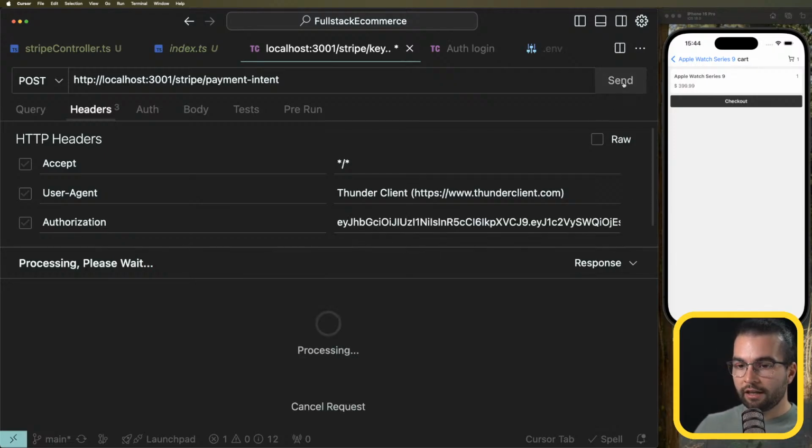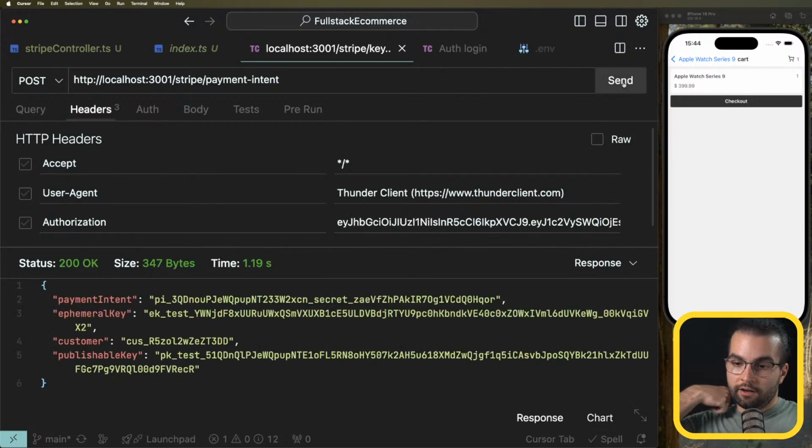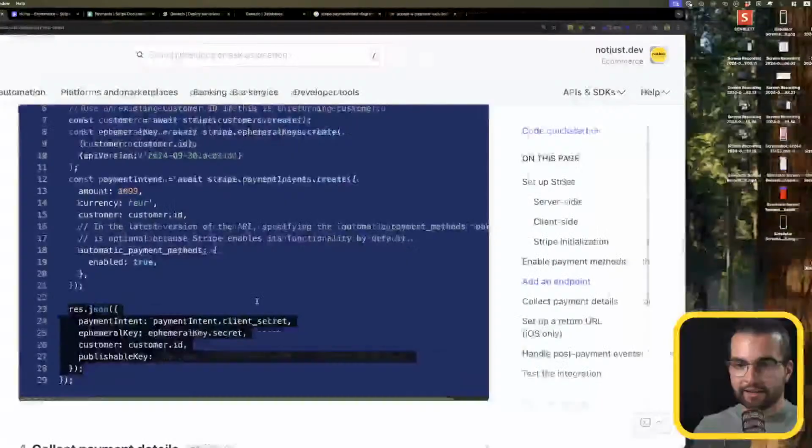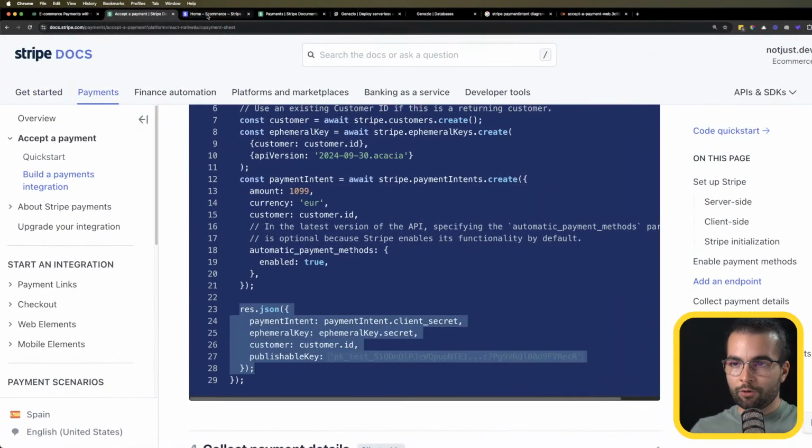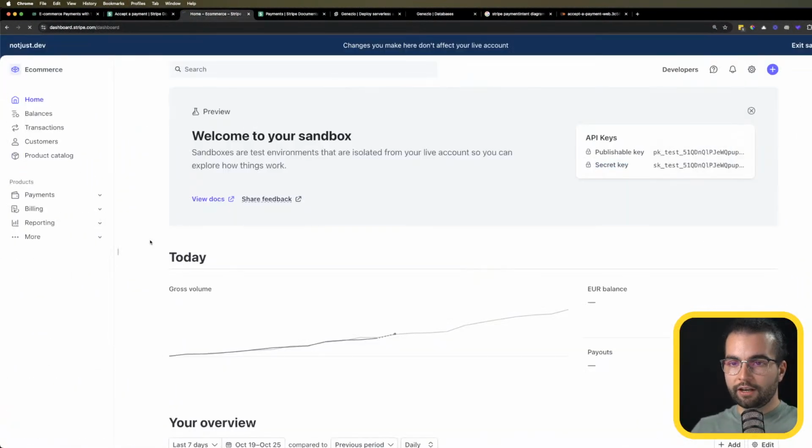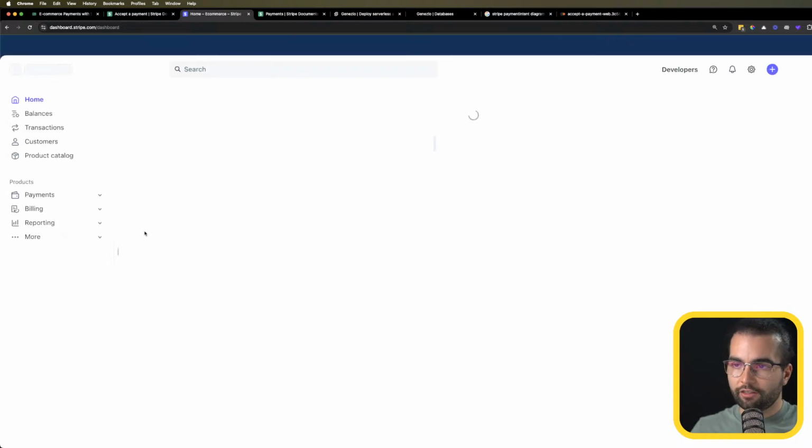the token. If I send it now, if everything works correctly, we see a payment intent key that we can later use in our application to start handling and charging the user the payment intent that we generated on the server. And I'm not sure if here in our dashboard we're going to see any changes, but we can check that